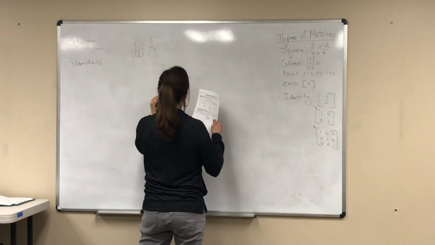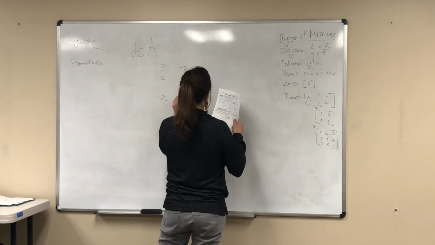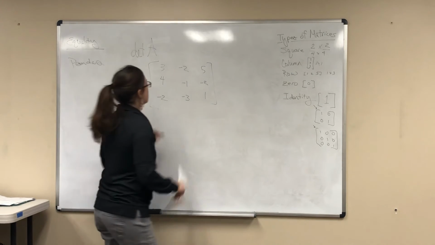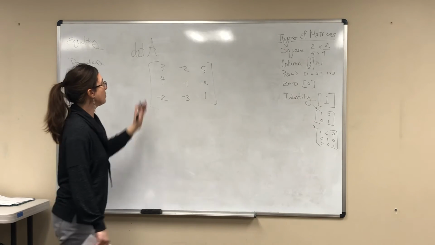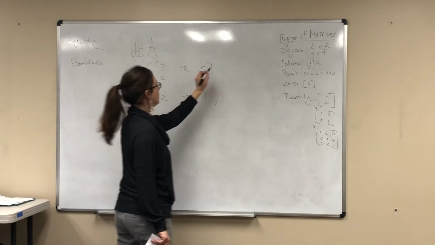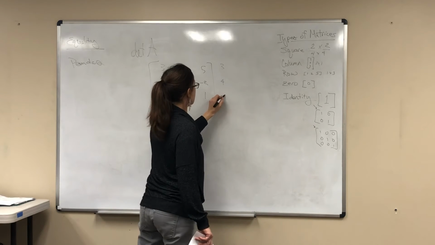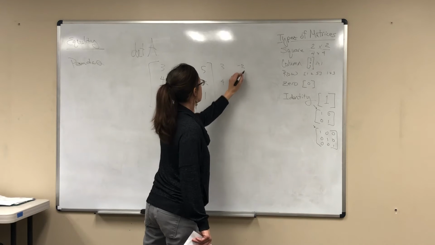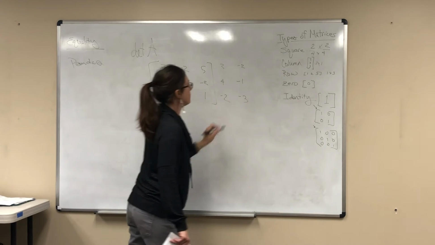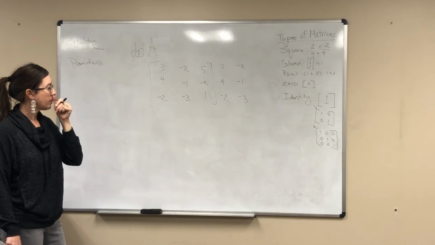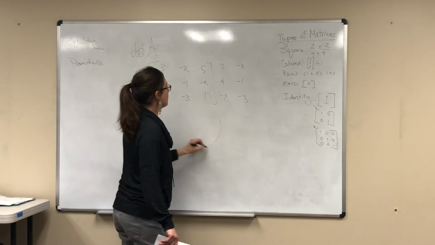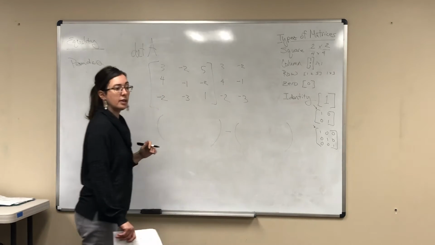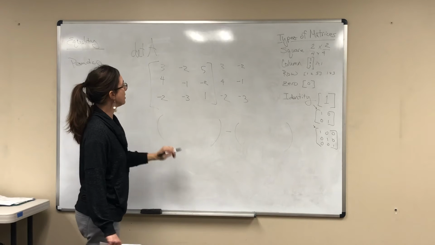3, 4, negative 2, negative 2, negative 1, negative 3, 5, and negative 2, negative 2, 1. Okay? So the first thing that I'm going to do is duplicate row 1 on the outside. 3, 4, negative 2. Then I'm going to duplicate row 2 on the outside. Negative 2, negative 1, negative 3. Okay? Now, I've got two things. All of my positives have to be subtracted from all of my negative ones. So on my positive side, I have